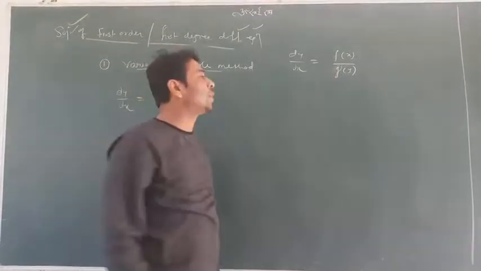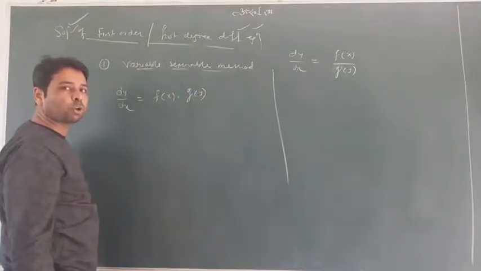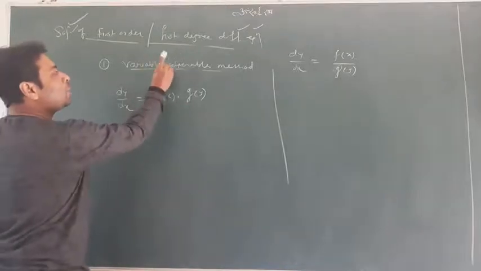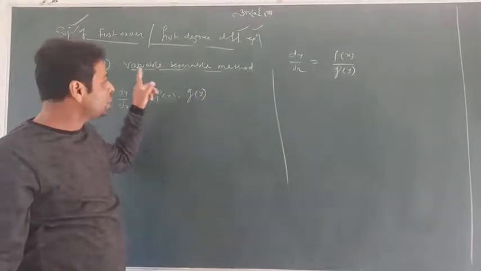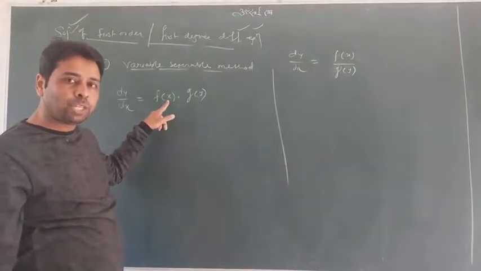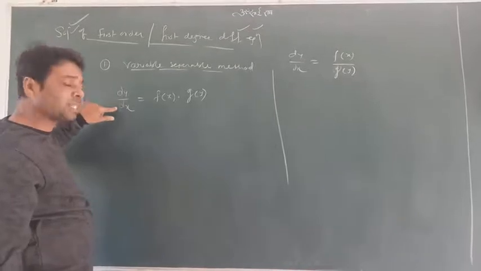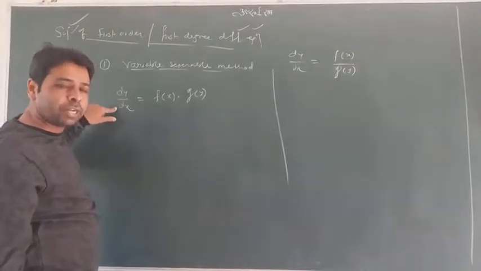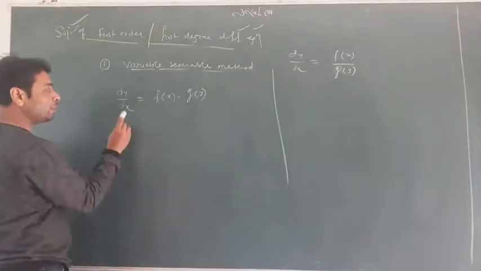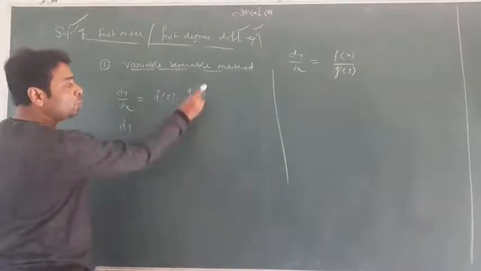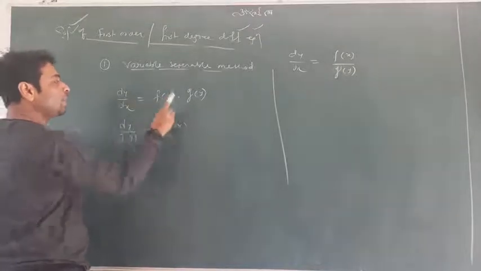So how does it work? Look, if such a question is given, this is a differential equation and you want to solve it, what you will do is very simple. The terminology is given: variable separable. We have to separate the variables. Simple. The term of x will go near the dx. I have already taught you that dy by dx is not division, but it works like a division. It's so flexible, it works like a fraction. So you just transfer dx here and g of y here. You write dy, transfer g of y upon it, and you write f of x and transfer dx there.